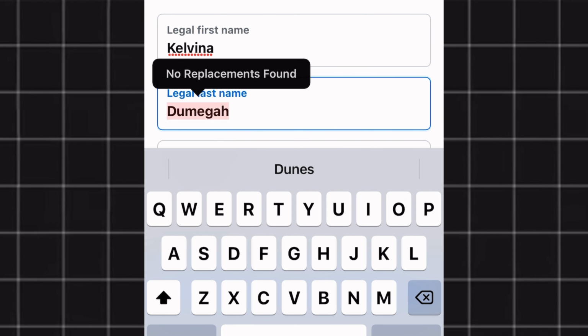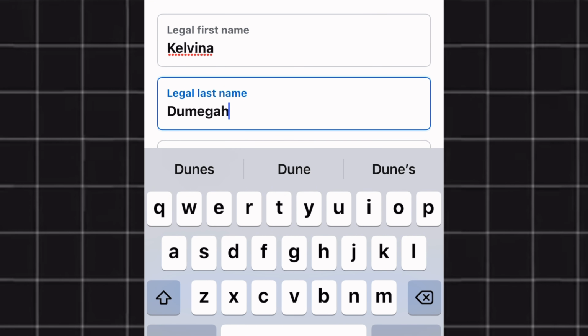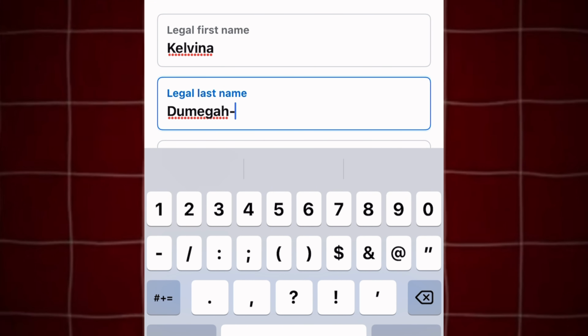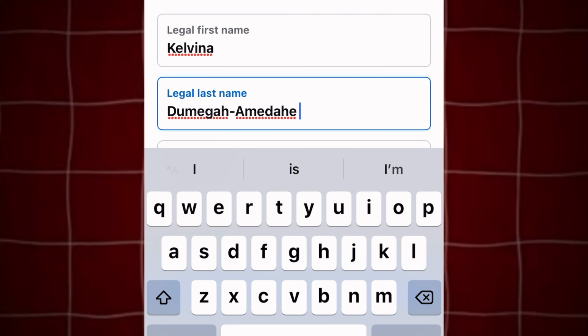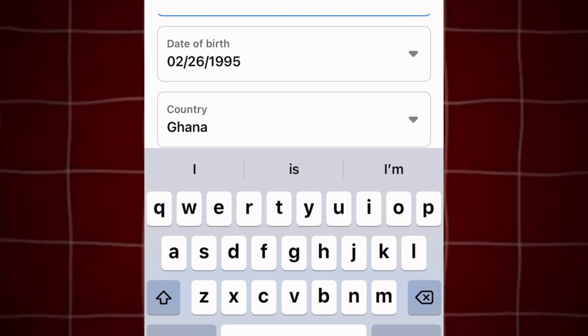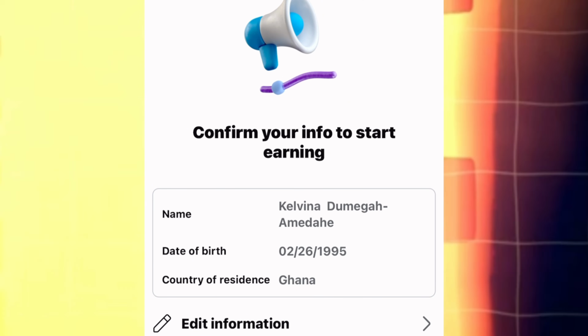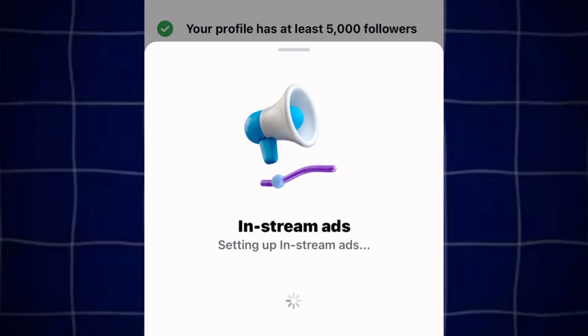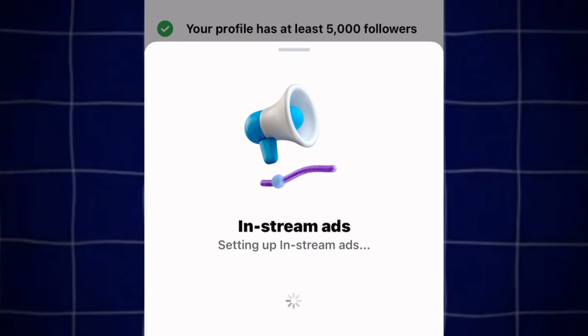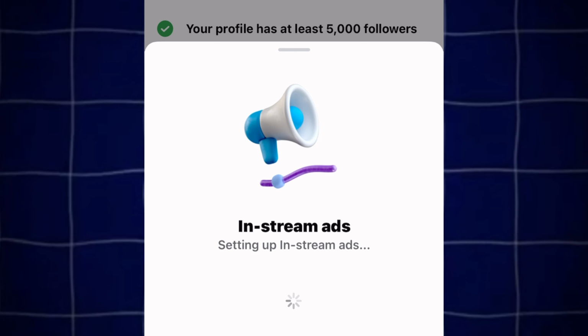Now, applying for monetization is actually the easiest part with regards to Facebook monetization. All you've got to do is to confirm your name, your date of birth, and then click onto confirm. Now, what you need to know is you are going to be entering your name just as it may be seen on your tax document. So basically, the name you use for your bank account details is what is needed when it comes to monetizing